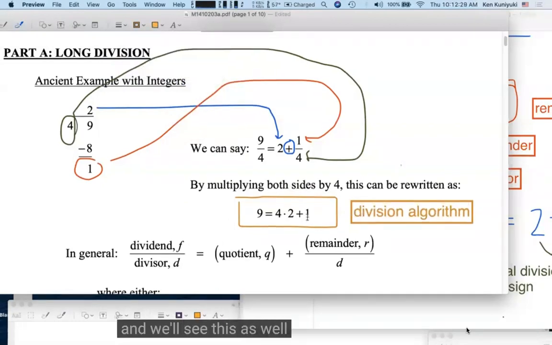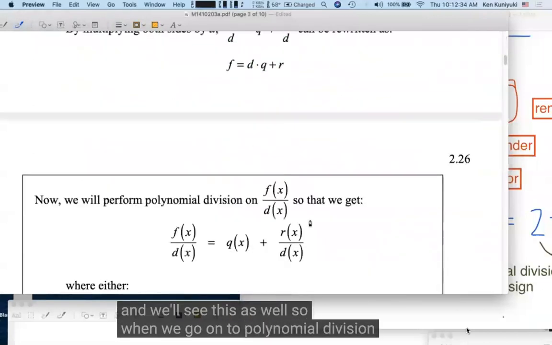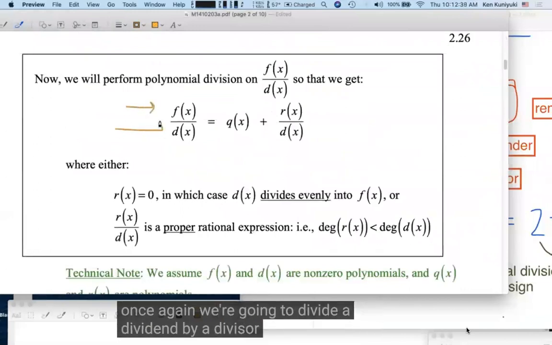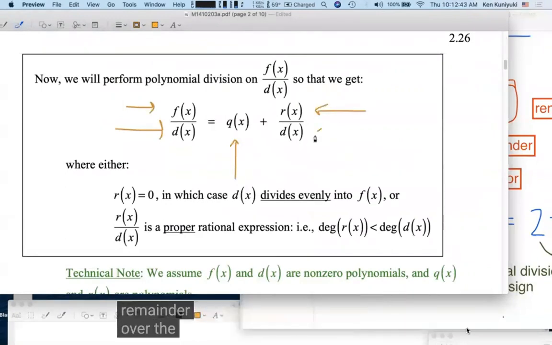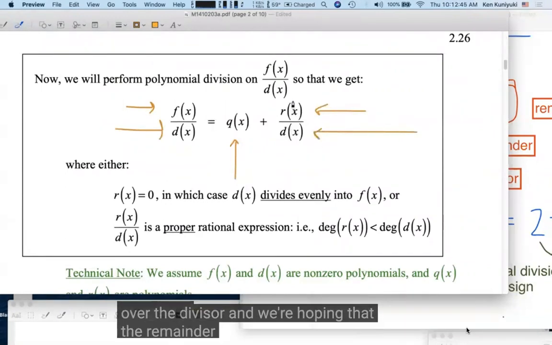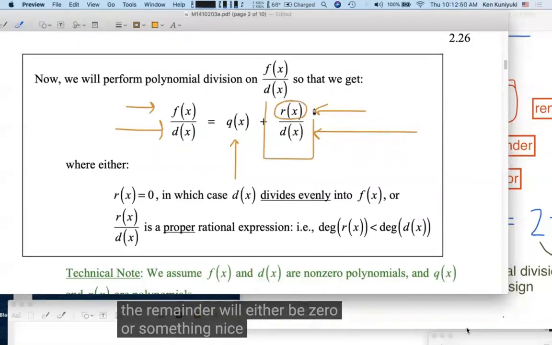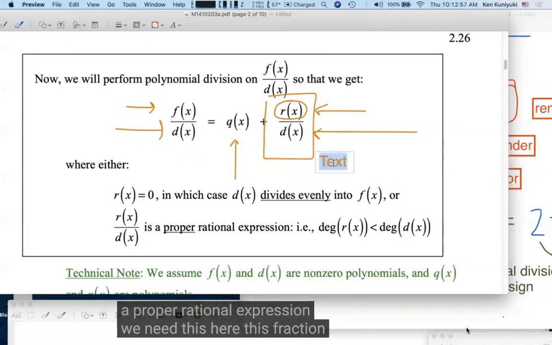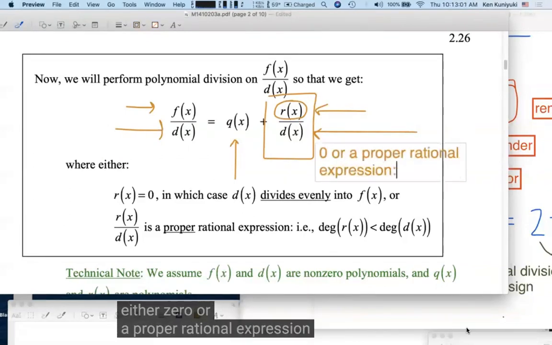And we'll see this as well. So when we go on to polynomial division, once again, we're going to divide a dividend by a divisor. We're going to get a quotient plus a remainder over the divisor. And we're hoping that the remainder will either be 0 or something nice that will make this whole thing a proper rational expression. We need this fraction to be either 0 or a proper rational expression, meaning that it's